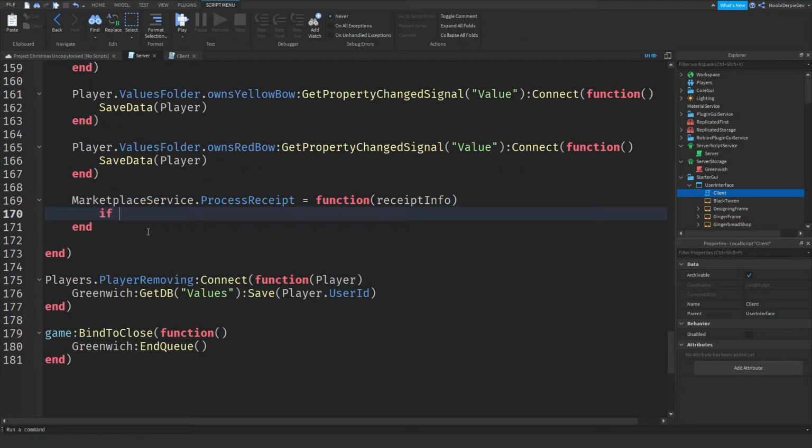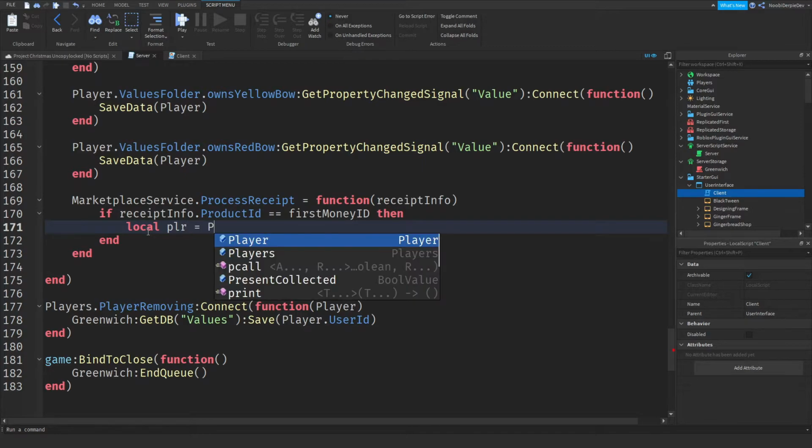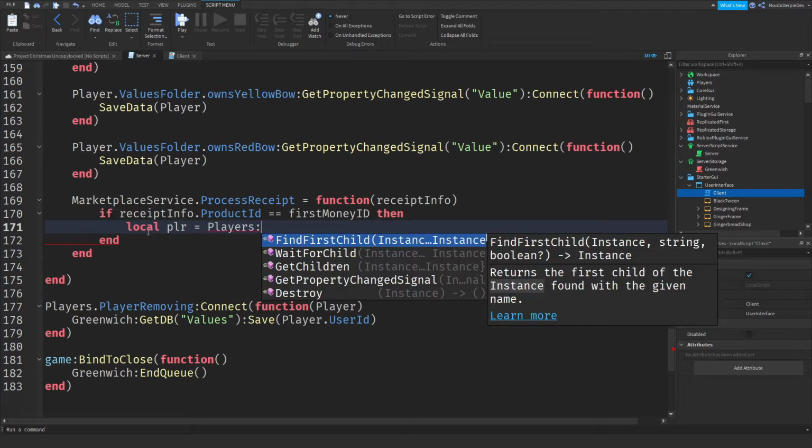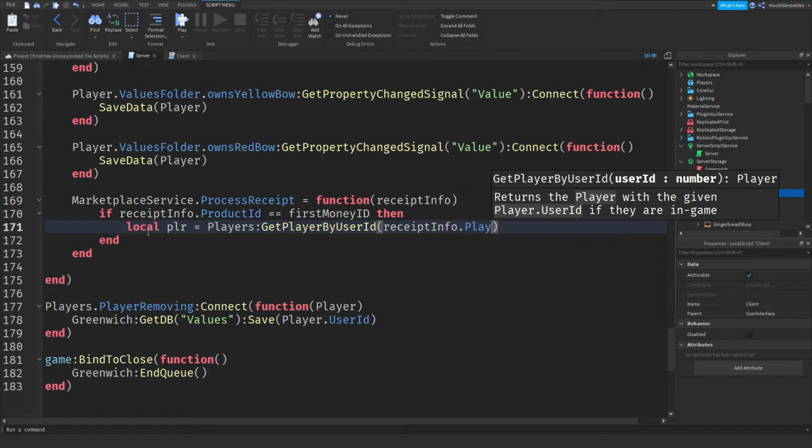So if receiptInfo.ProductId is equals to first money ID, so if you bought the first one, then we're going to be getting your player by saying local plr is equals to Players:GetPlayerByUserId, and we're going to be getting that from receiptInfo.PlayerId,